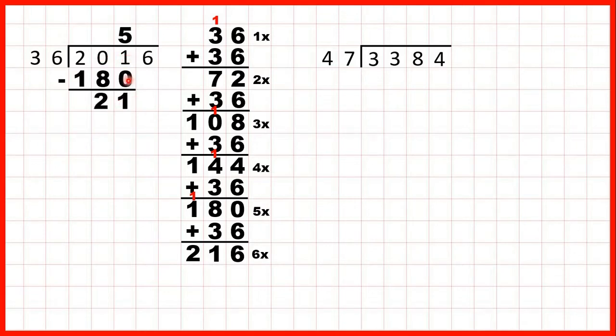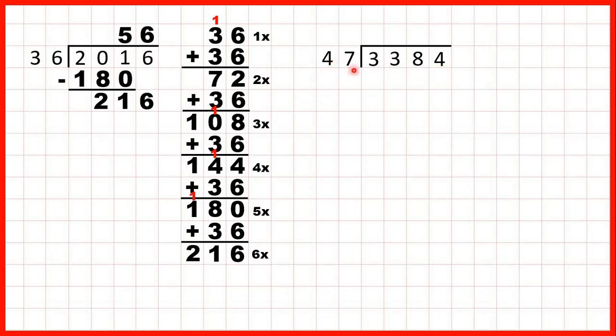201 minus 180 is 21, and we can bring down the 6, so we have 216 divided by 36. Now 216 is exactly 6 times 36, so we know that 6 must be the last digit of our answer. Now we have